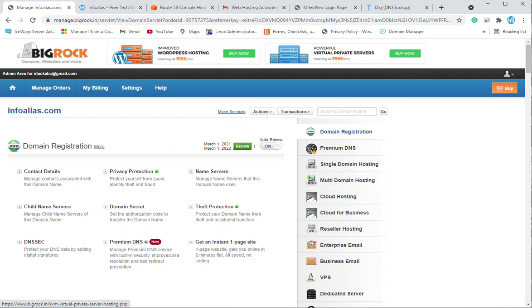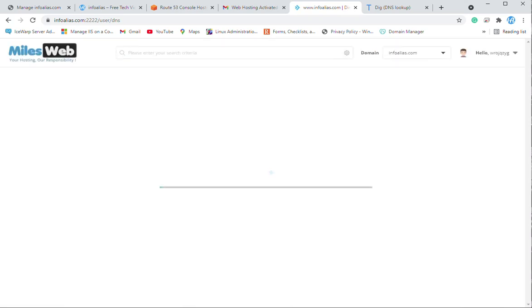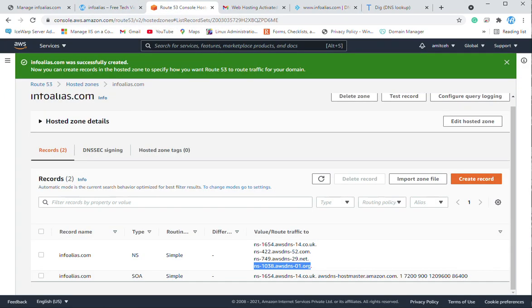Now I also need to put the other value for the domain InfoAlias. Like I just want to move the A records. So if someone is typing the website, they can access it through the A records.